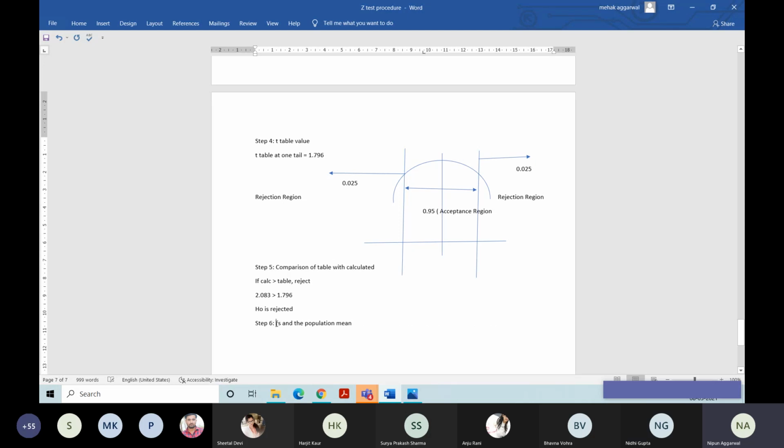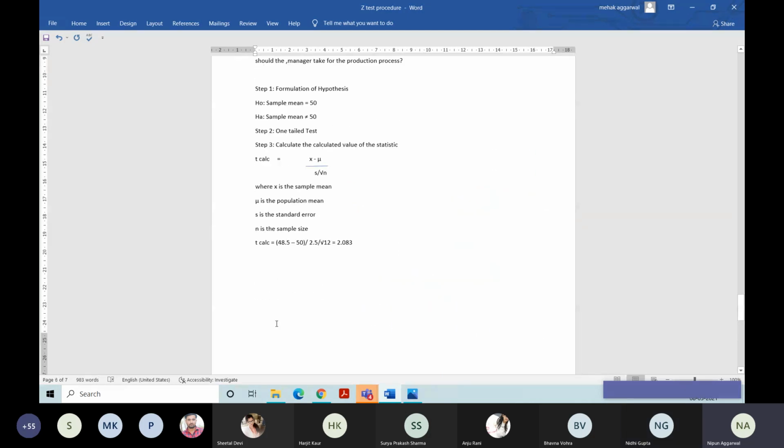Now see, what is the difference? In case the standard deviation is not given, we have done this question when S is given to us directly. S was given as 2.5. But if this SD is not given to us and we have to calculate it, we are given with the data, not with the mean or SD. Then what we have to do? So write down that question. Write down the next question.